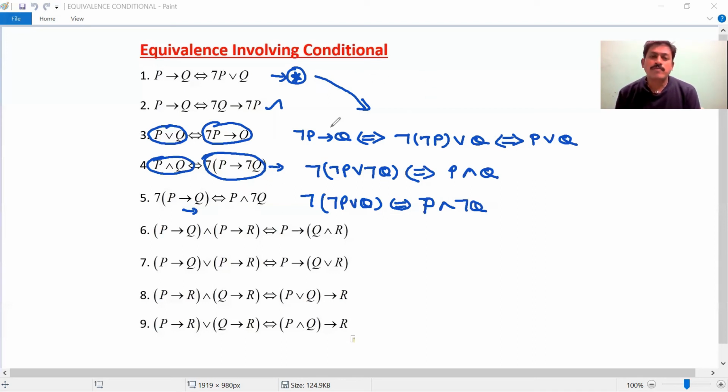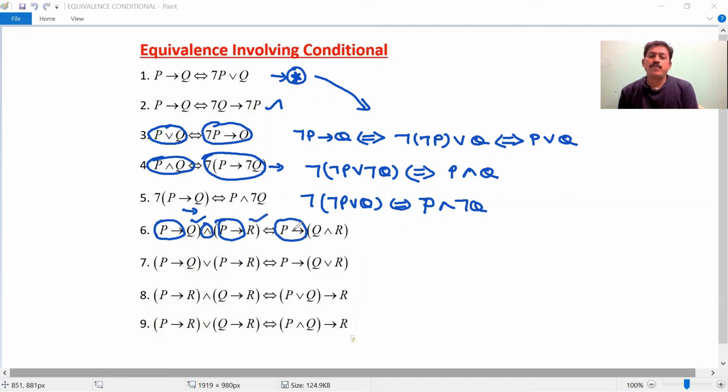The first one is the base for the three formulas. The next one, if P then Q and if P then R is equivalent to if P then Q and R. The seventh one, if P then Q or if P then R is equivalent to if P then Q or R. If you observe these two formulas, we come to the conclusion that the left hand side is common in both terms. We have taken this P then from the terms and written the P then here, and we have written the Q, the symbol as it is, and R.